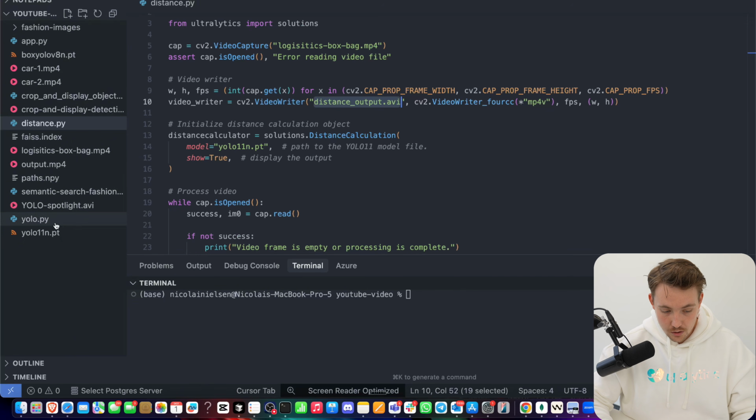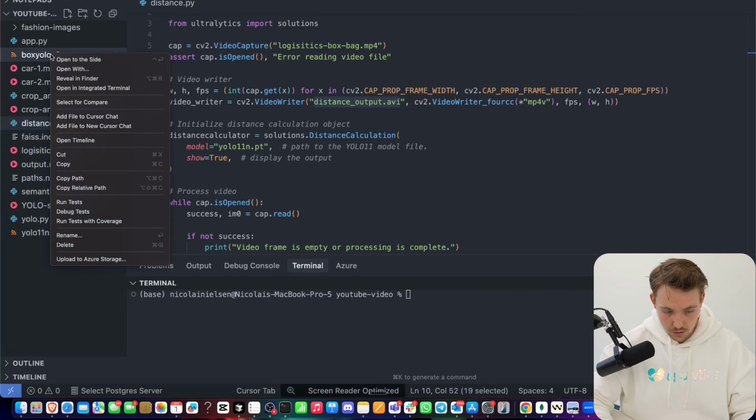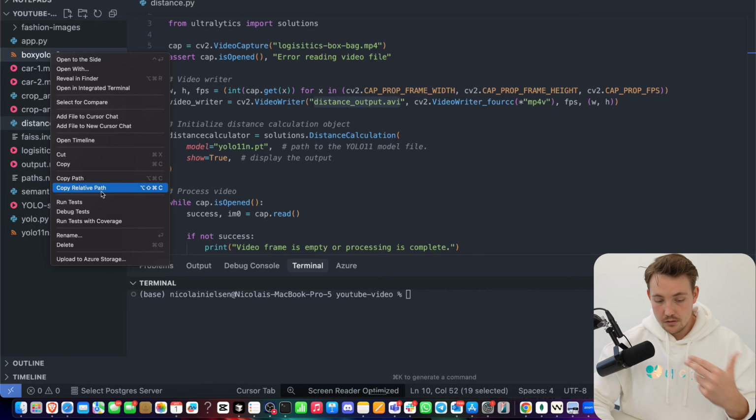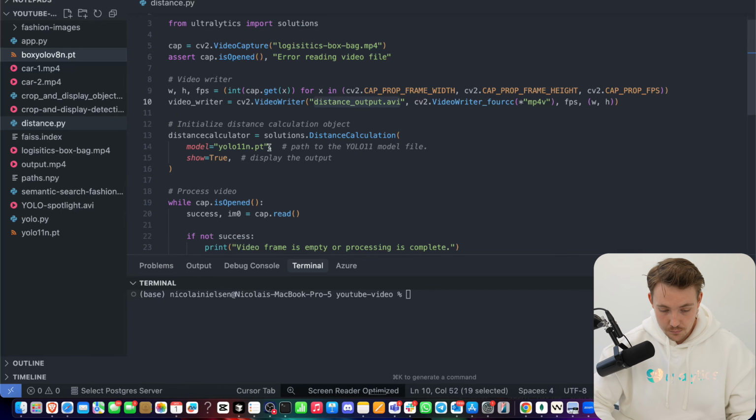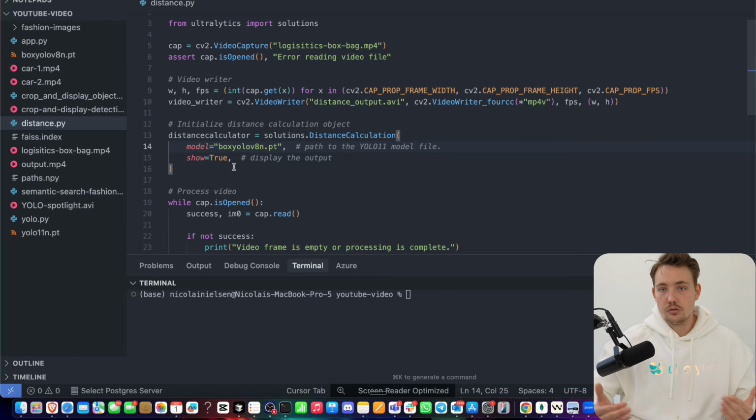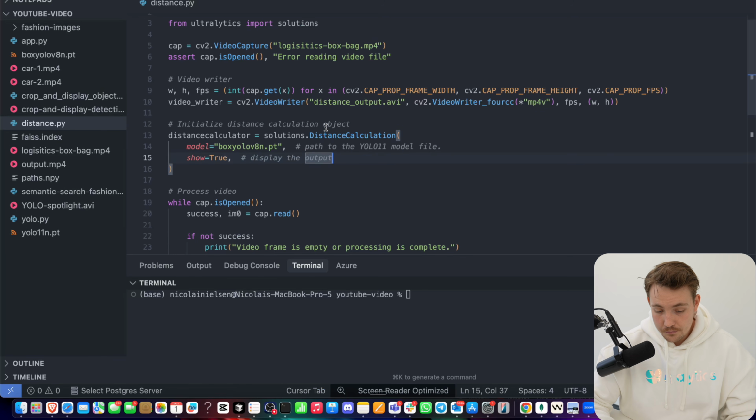We have our YOLO model. We're going to use a custom trained model for this example. So you can use YOLO model if you just want to have the COCO classes. Let's say that you want to detect cars, you can get an array with that. But here for our boxes, we need our own custom trained model. You could also use a YOLOE or YOLO World model where you just prompt what objects you want to detect. We want to show the results and we just